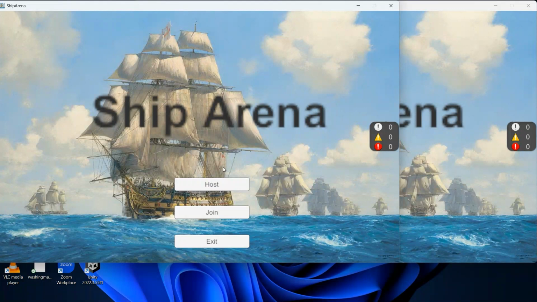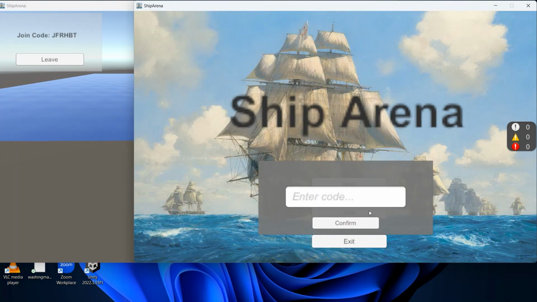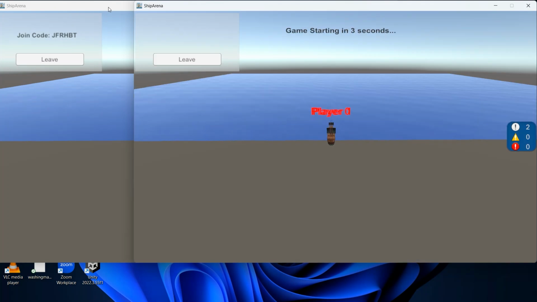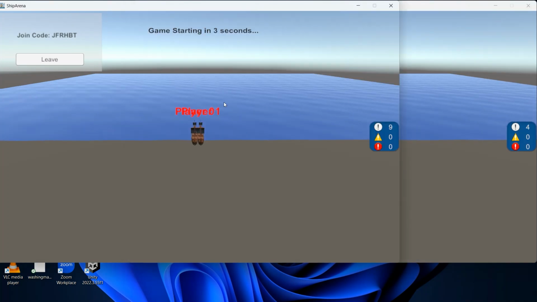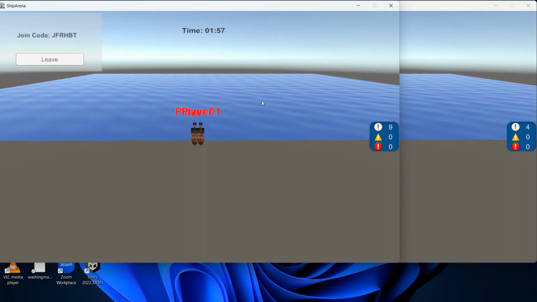We're done with the script. I will show you the output of the script that we have created. Here, as you can see, our game is connected.